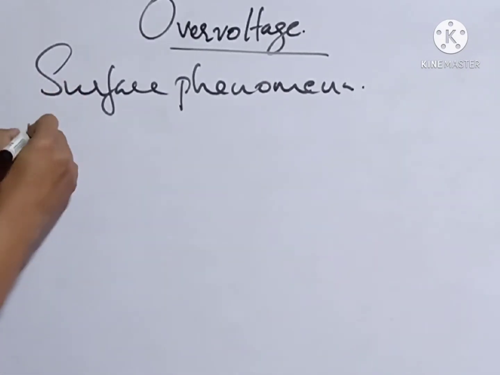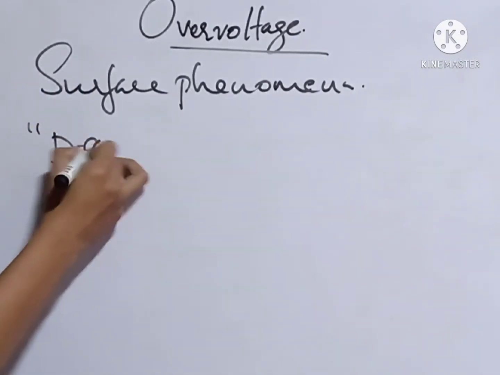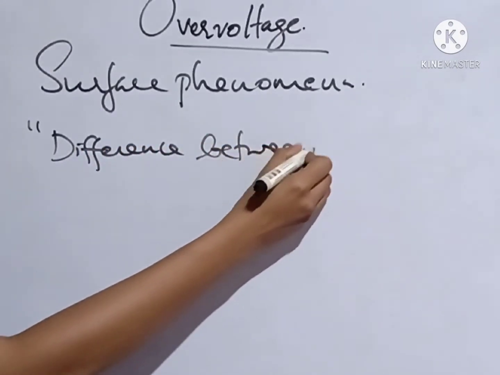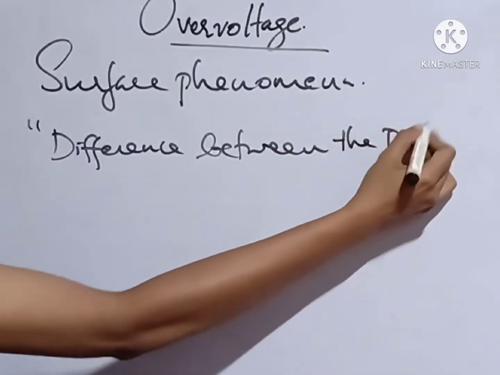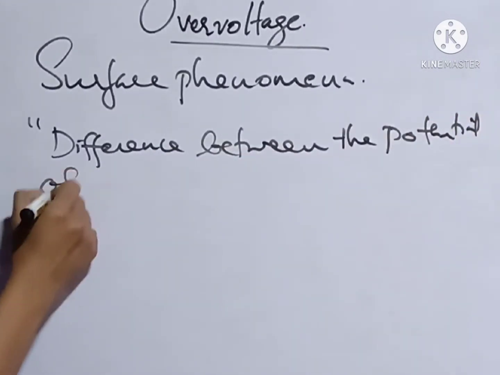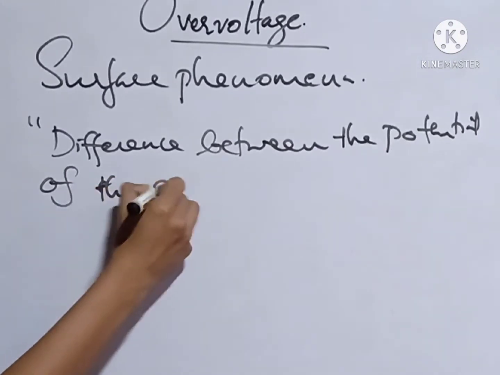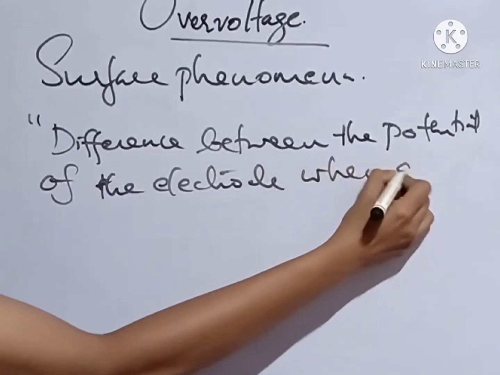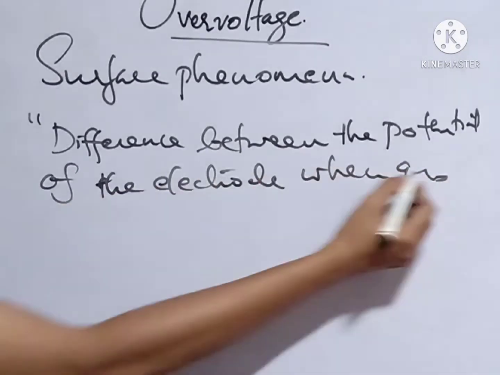So overvoltage is the difference between the potential of the electrode when gas evolution takes place